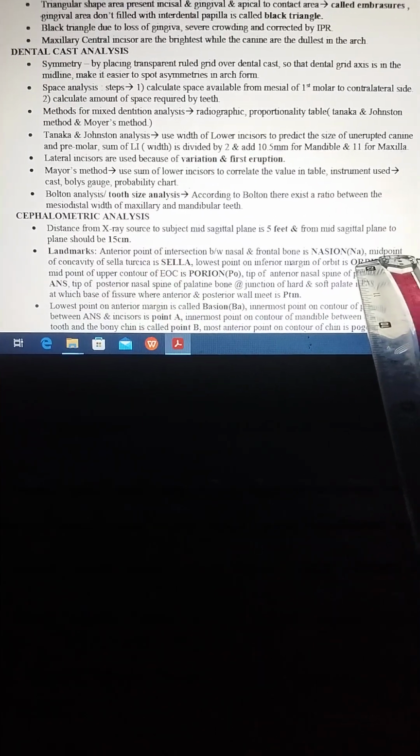The anterior point of intersection between the nasal and frontal bone is known as nasion. You will understand it better when you keep a picture of a ceph in front of you. This is just theory, a quick review, a quick preparation for any induction exam. The midpoint of the concavity of the sella turcica is sella. The lowest point on the inferior margin of the orbit is known as orbitale. Midpoint of the upper contour of